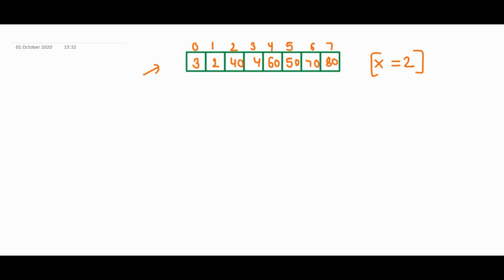Okay. Now let's see how we can use binary search here. So let's say I have start here, end here, and we have to find mid, right? So mid will be 7 plus 0 by 2, which is 3. So mid is this. How did I find mid? Start plus end by 2, right? So we have to find 2.